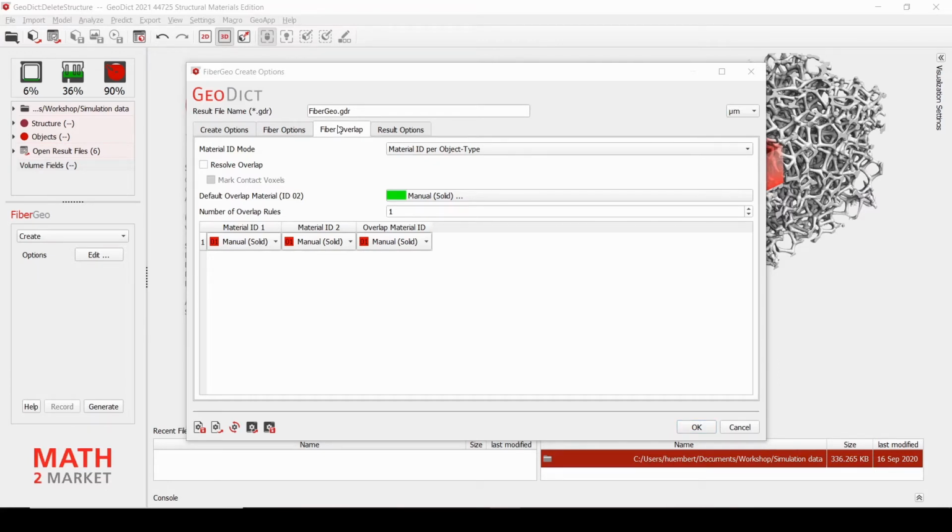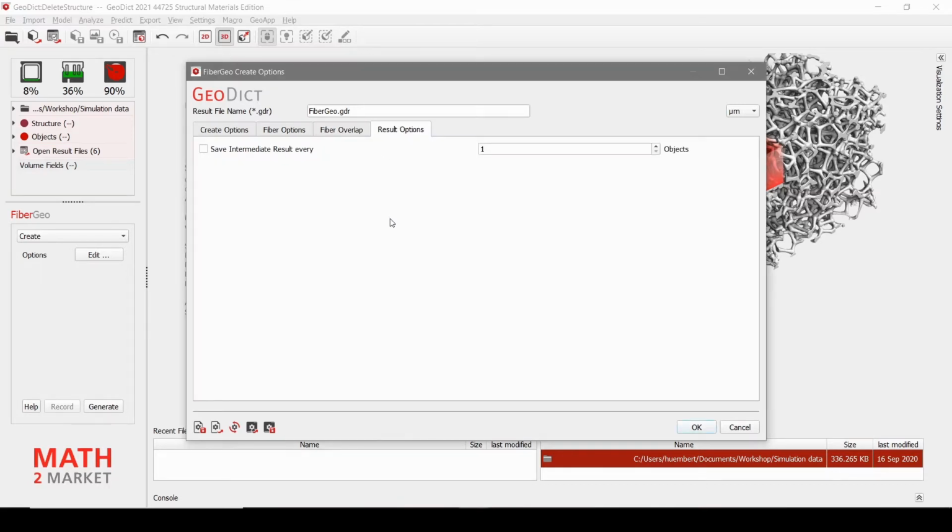That is especially important if you have more than one fiber type, and then you can define, for example, that if fiber type 1 and fiber type 2 overlap, the overlap is going to be fiber type 1 or fiber type 2. We have only one fiber type, so we do not change anything here. And then we also look at the result options. There you can choose whether you want to save intermediate results. We do not want to do that, so we leave it as it is. So then click on OK.